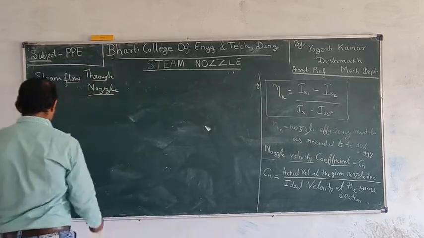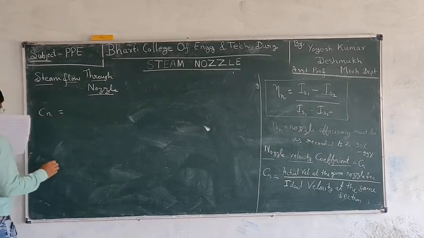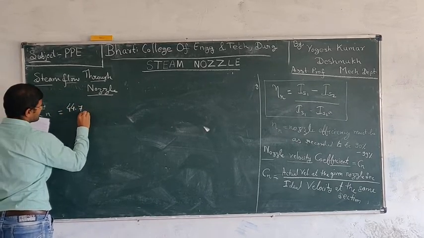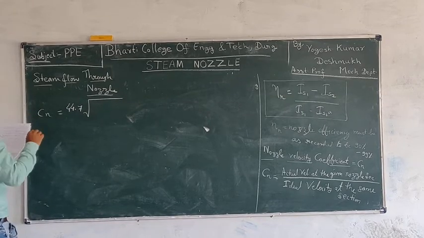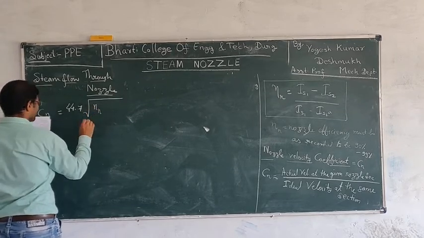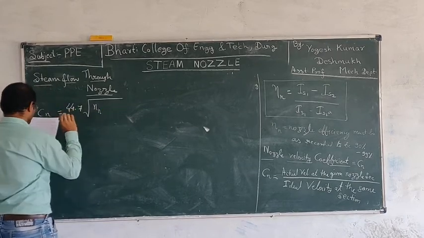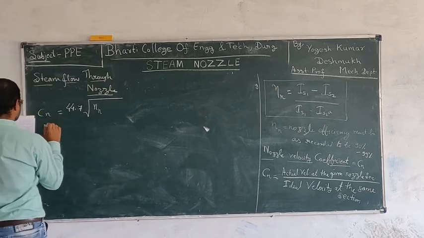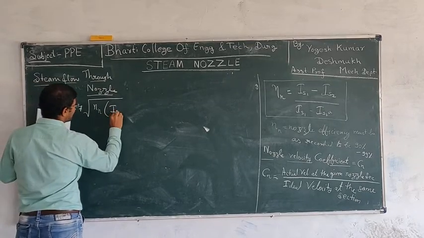So we get Cn equal to 44.7 root over nozzle efficiency into IS1 minus